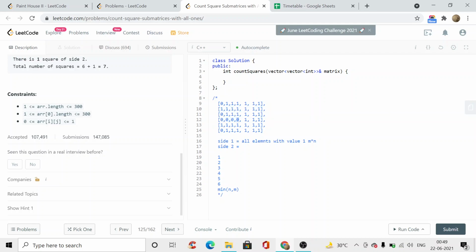So I will try to find what is the sum of this matrix, and how I will find that sum. That sum is actually going to be the sum for this minus the sum for this. It will just subtract this part and minus the sum of this, and then